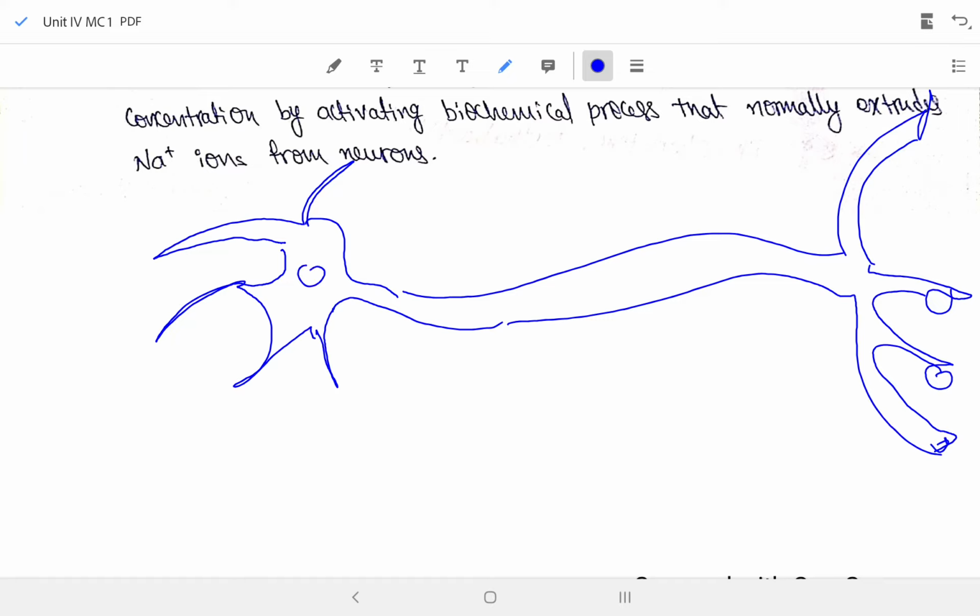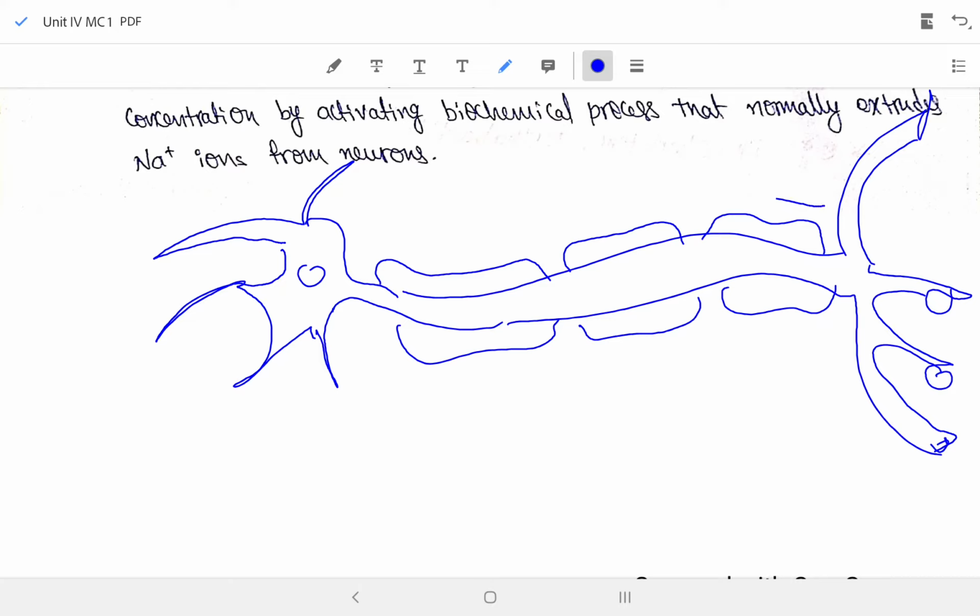There are two types of neurons: myelinated and non-myelinated. This diagram is showing the non-myelinated neuron type. How does a myelinated neuron cell look? It will have myelin sheaths, and it will look like this. When there are no myelin sheaths, the signal has to pass all through the surface, and signal transduction time will be more. But in myelinated cells, the ions will jump from here to here, so the signal transduction is fast.